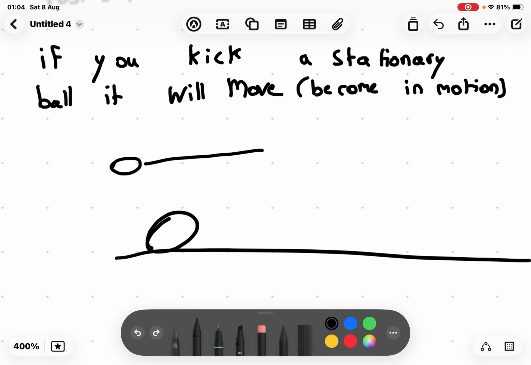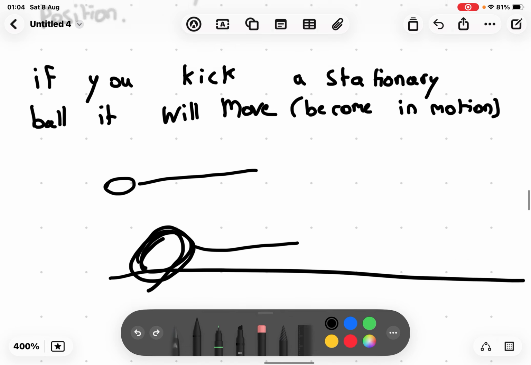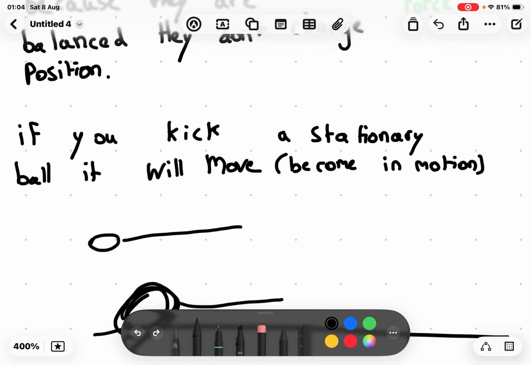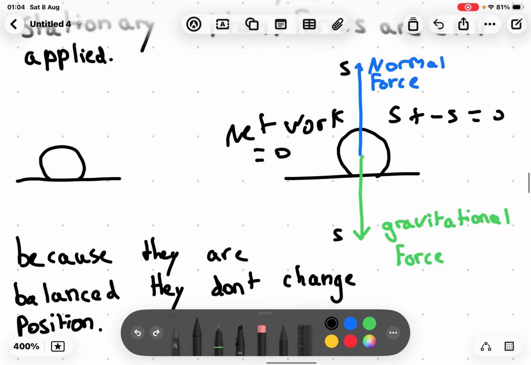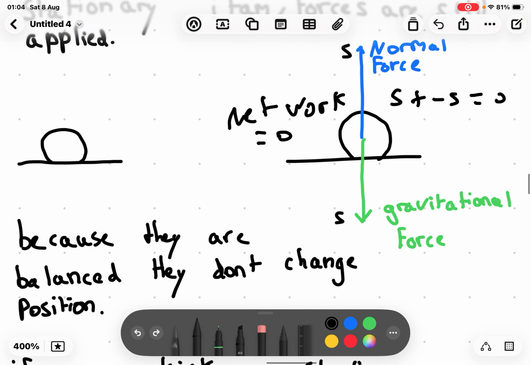But let's say you do kick it, or the object was already moving, right? The net force on it can still be 0. So if something kicks a moving object, it doesn't mean that it has to have a net force. It's kind of complicated, but at the same time not. So don't assume that if it's moving, its net force is more than 0. If an object is stationary, that doesn't mean that forces are not applied to it.